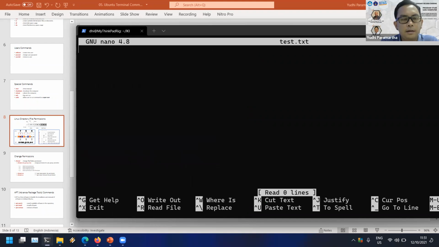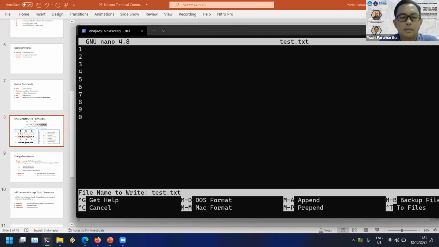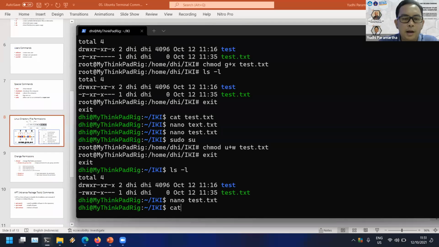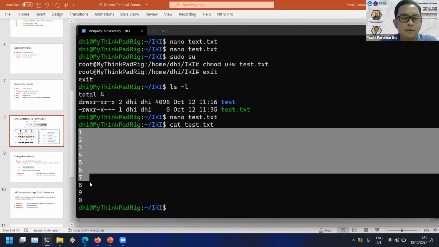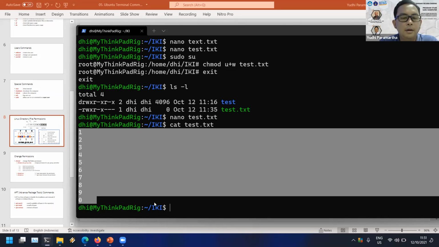I can write right now because I'm giving the write permission for the file. So I'm writing the file. And when I want to see the file, I can see it because the read permission is allowed.